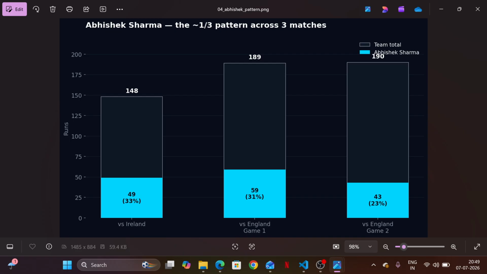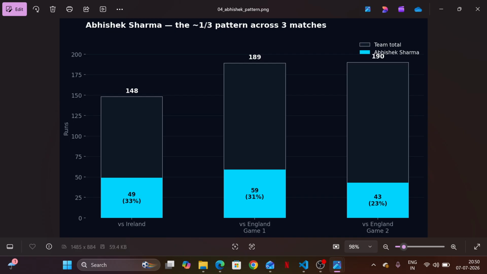Now, let's get to segment two, which I think is a very interesting one: Sooryavanshi's debut and Bishnoi's collapse. At Old Trafford, Manchester, England were playing their full strength side. Jofra Archer and Josh Tongue were both back in the attack, and the biggest story before a ball was even bowled was Vaibhav Sooryavanshi's T20 debut, which is a very decent point to discuss. I thought that Sanju might get another game and Sooryavanshi would eventually debut in the third or fourth game, but I guess we were all wrong and he debuted in the second T20I.